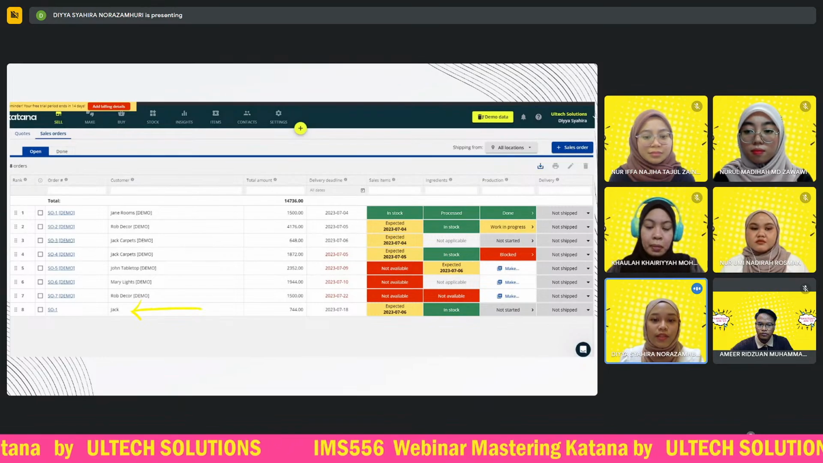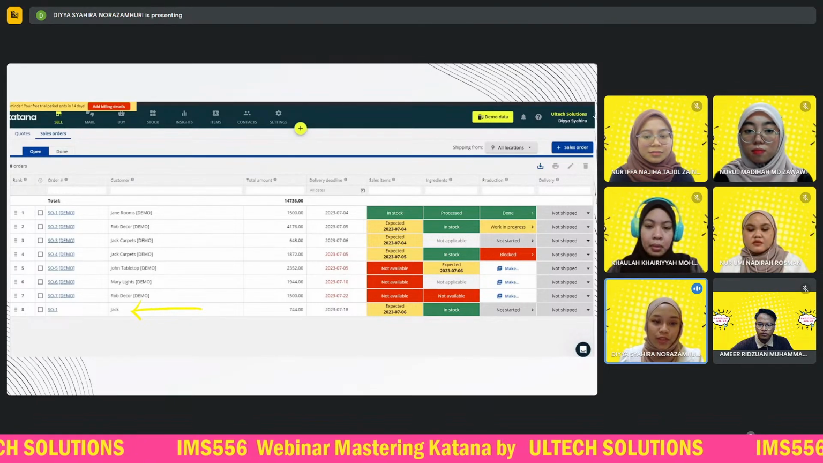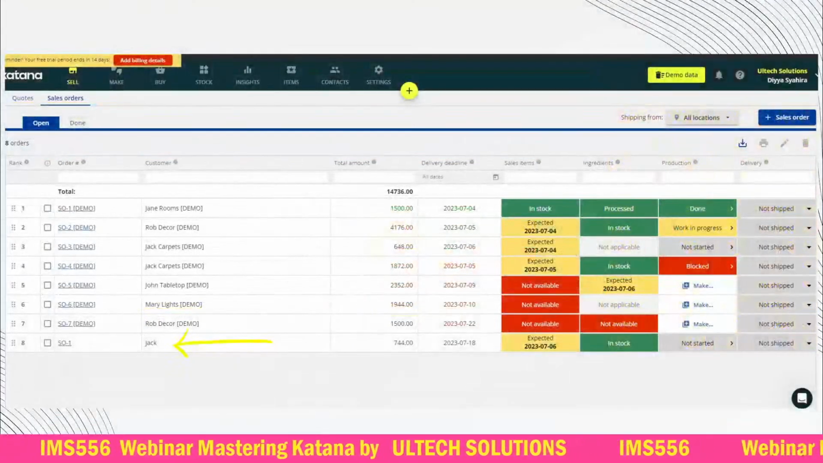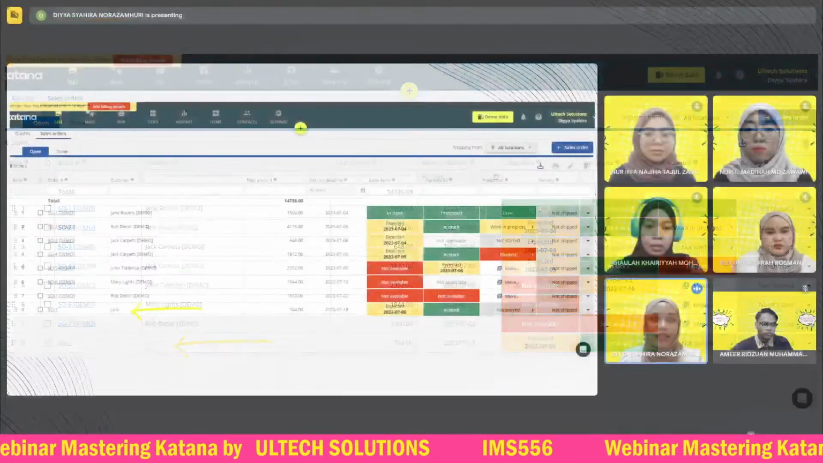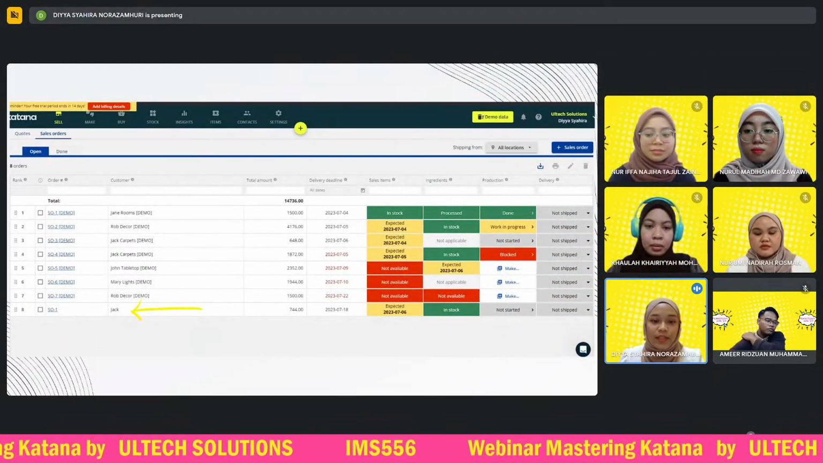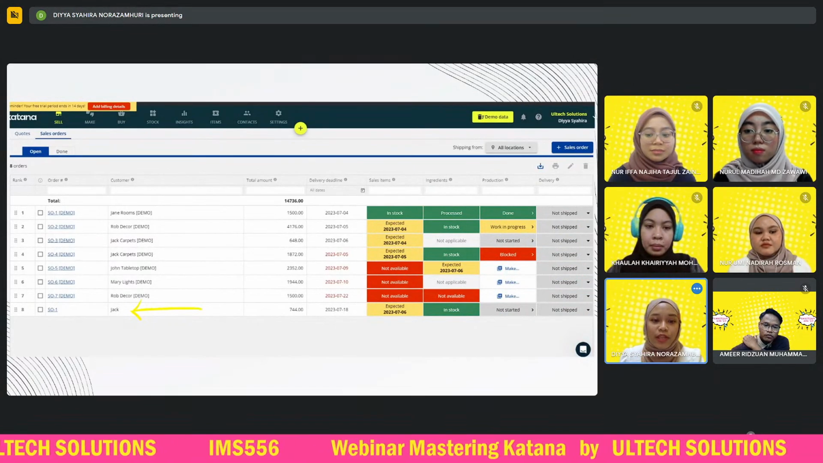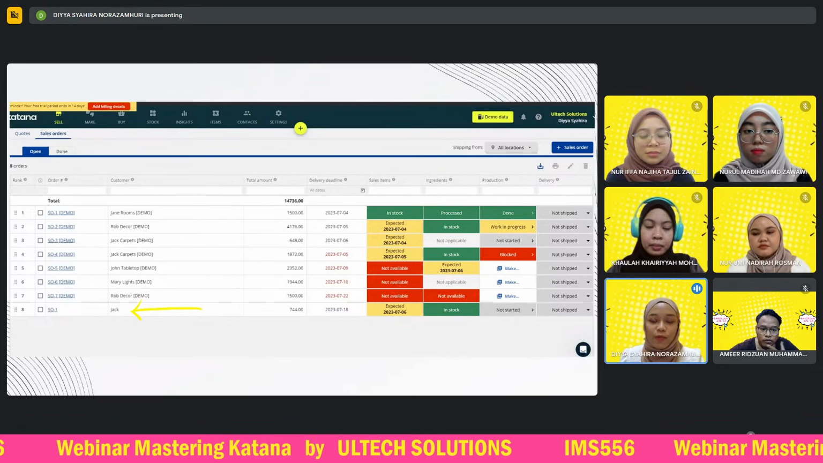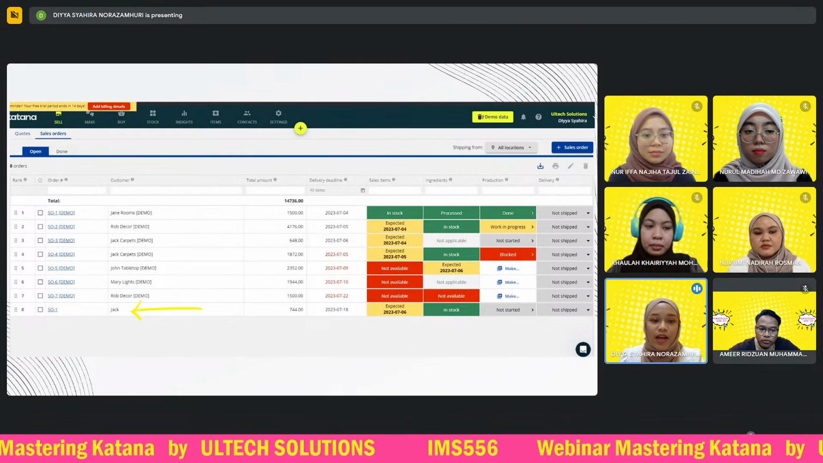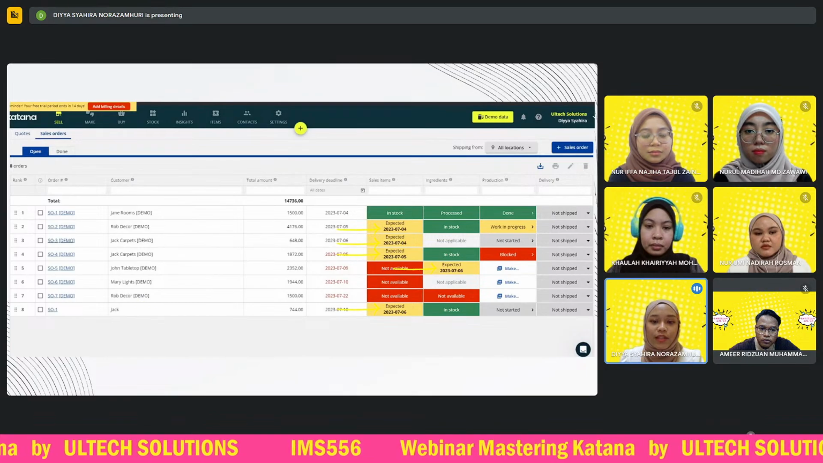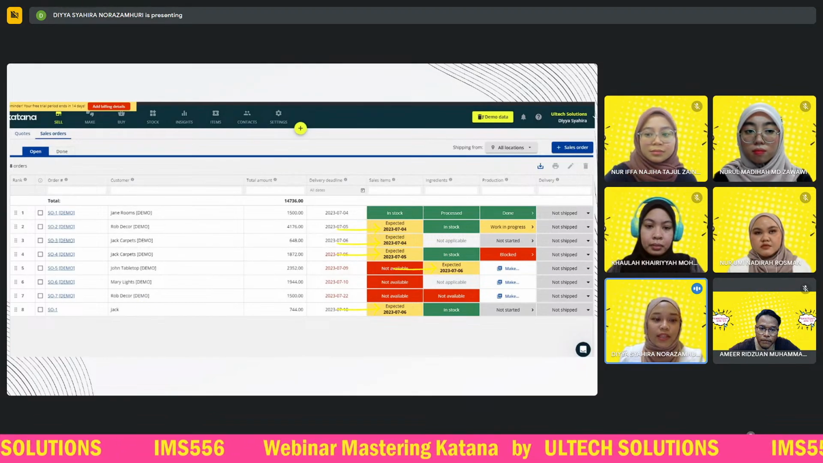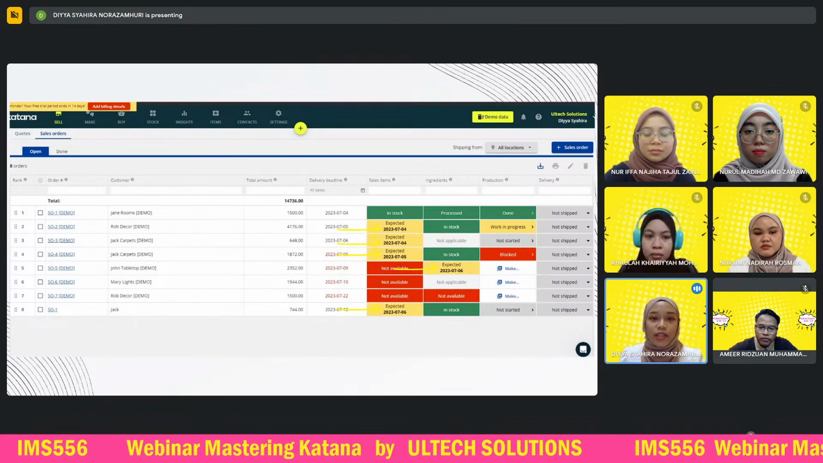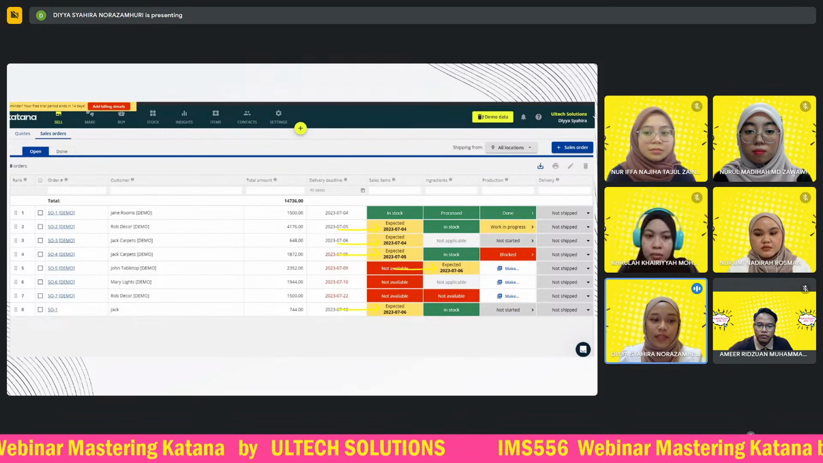So to fulfill this sales order, in case of sell items that have the product available, this interface will tell you if all of the items are in stock, and it will turn green. And if there are items that can't be fulfilled, it will automatically book the item, which will turn yellow with the expected date of